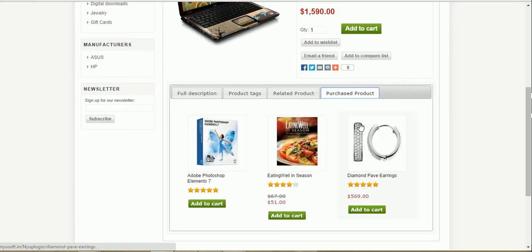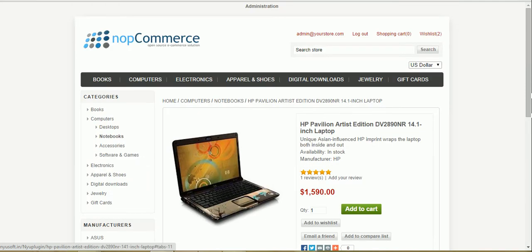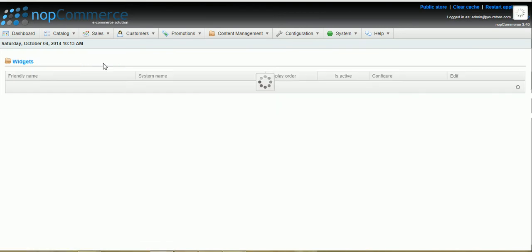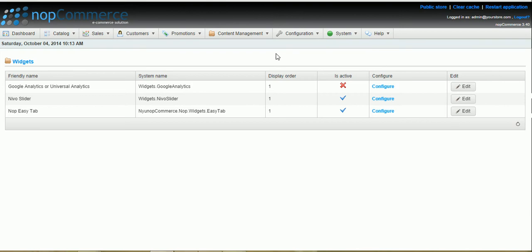And what if you don't want to see these tabs in your product detail page? So here we go. Go to the admin panel and click on back to widget list. So you can manage all of your widgets and products plugins from this page.